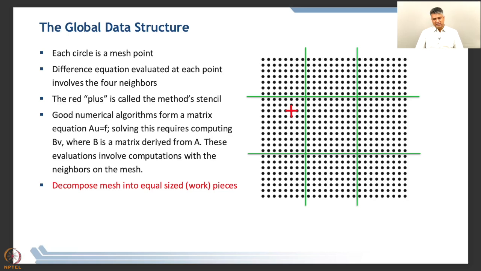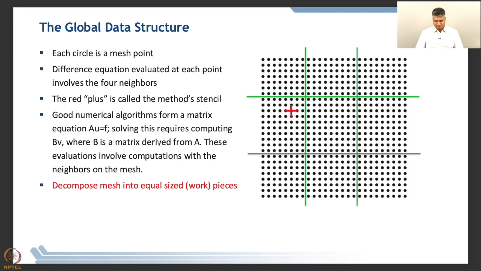where computations will take place, and I have to ensure that the workload between these different processes is more or less the same. Now, this is not an absolute necessity, but it's a good thing to have, because if different machines have different sizes of workloads, that means they will finish at different rates, and obviously the solution is complete only when the slowest worker is finished, which means the person who has the highest amount of workload finishes. So it's always a good idea to decompose or partition this problem into more or less equal sized